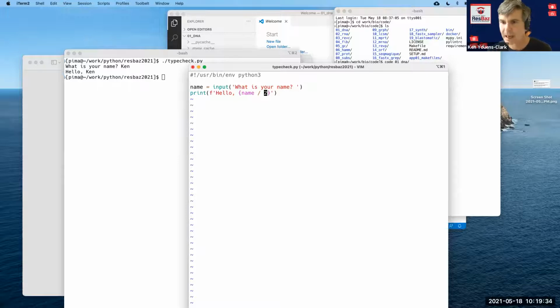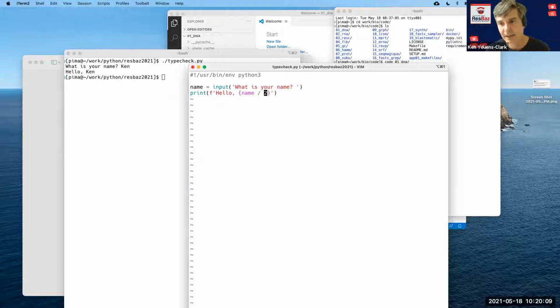And so the question I would have for you, and maybe you could monitor the chat, especially if you're not familiar with Python, what would your expectation be of this program? Should it even compile? Should it even run? Or will it run and then ask me my name and then blow up? So who thinks it will run? It won't even compile. Who thinks that this is just wrong and it won't even compile? I see one hand. Okay, you're wrong. It unfortunately will run.